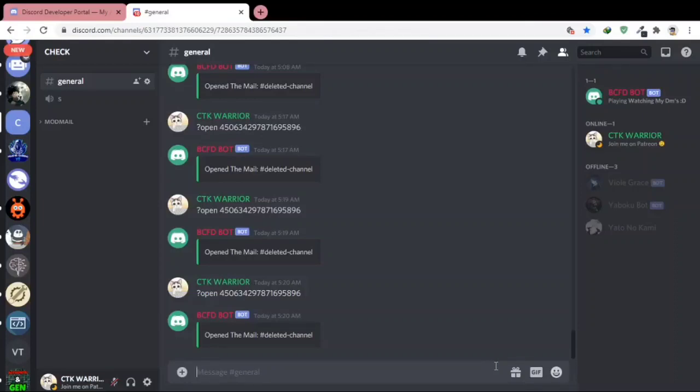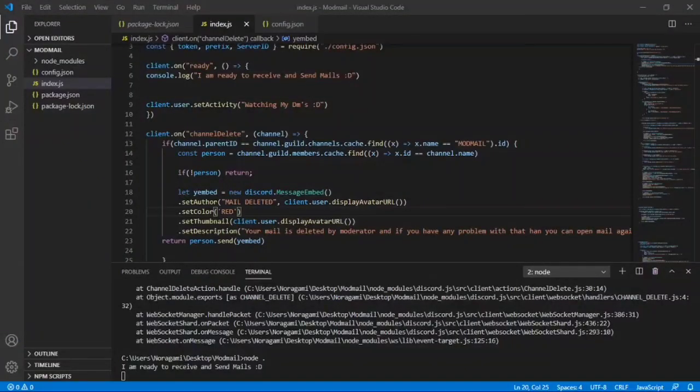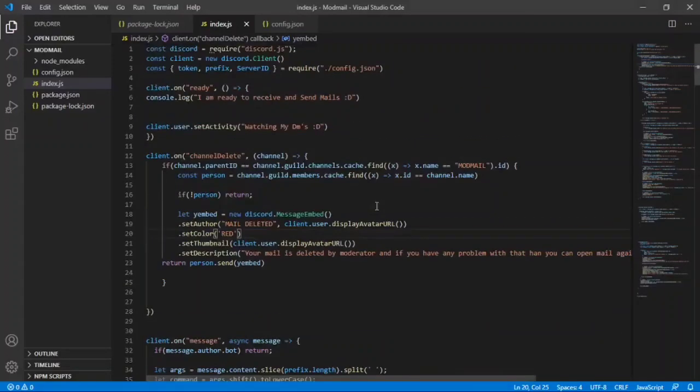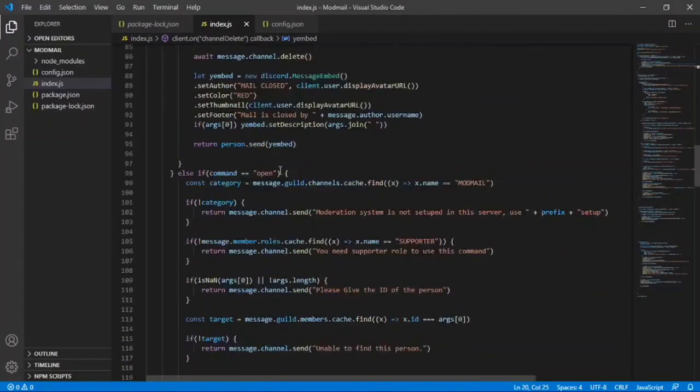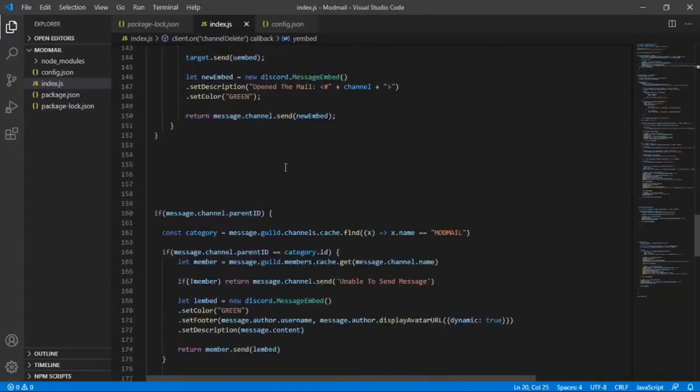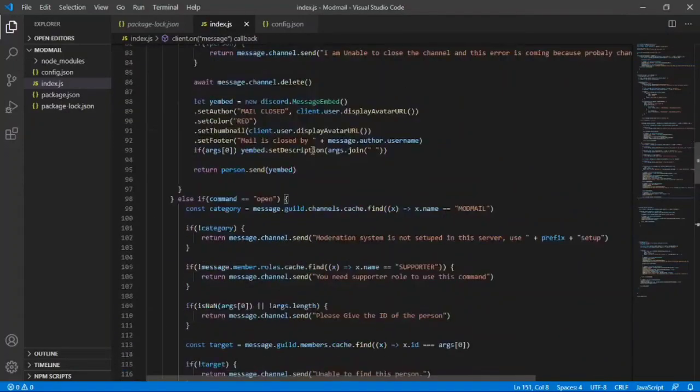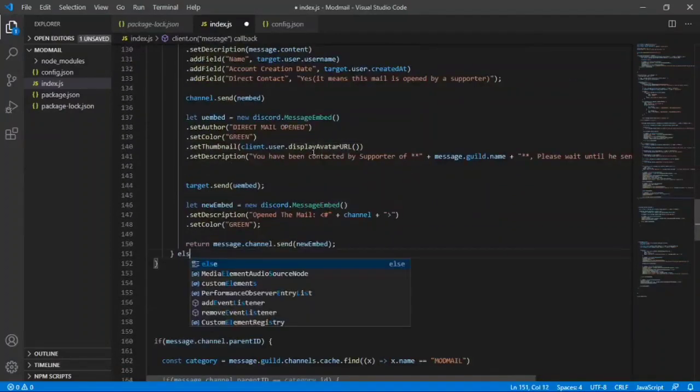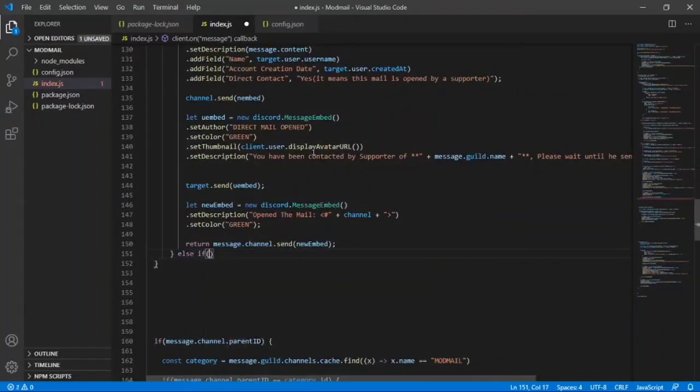Then I guess this is the end of the video. But we cannot end this video without one thing. Last thing, you know? What is the last thing? It's help command. Yeah, people should know what it can do. So let's create the last thing, which is help command. So let's get started. Run the bot, and as you can see, there are 3 commands. Okay, add else if command